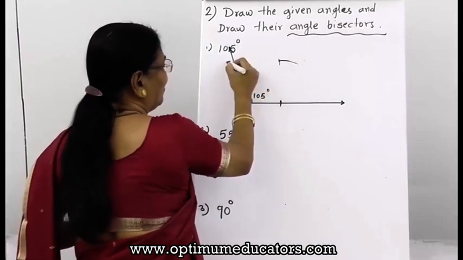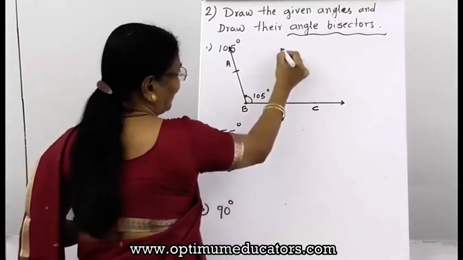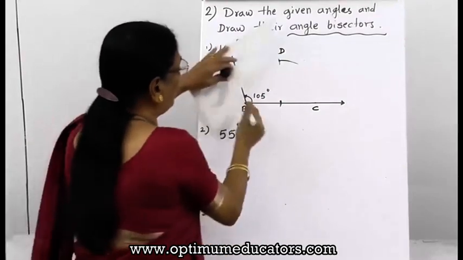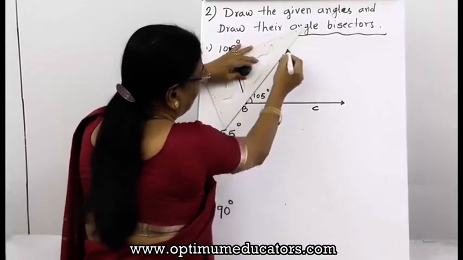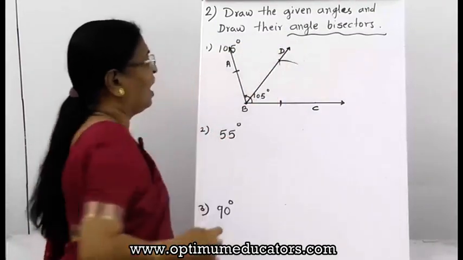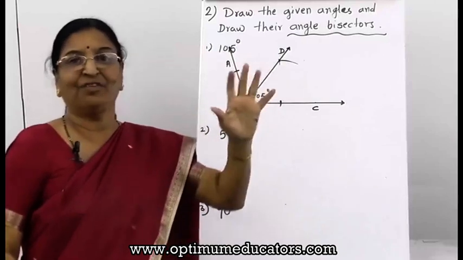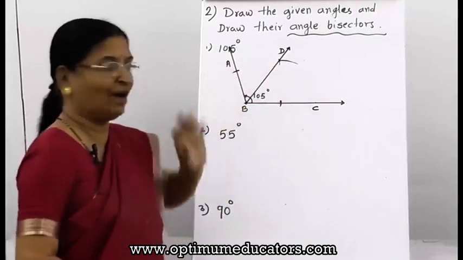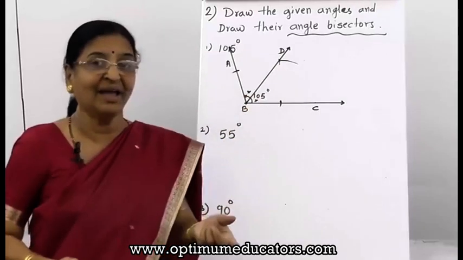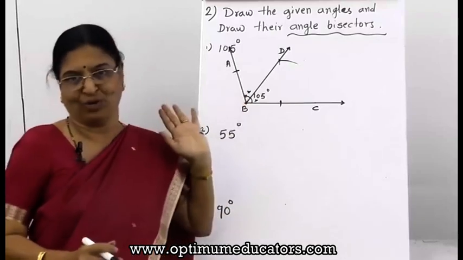Mark it, as you can mark this angle like ABC, and this is D. Then see, joining B and D, you will get the angle bisector. How will you mark it? By this marking only, the teacher will come to know that this is an angle bisector. But if you want to measure these angles and find out whether they are equal, you can measure them also.